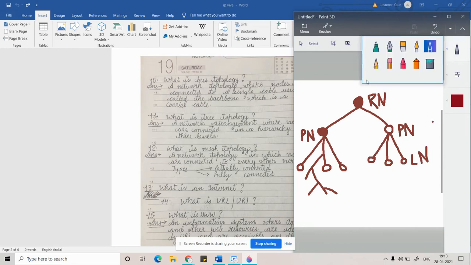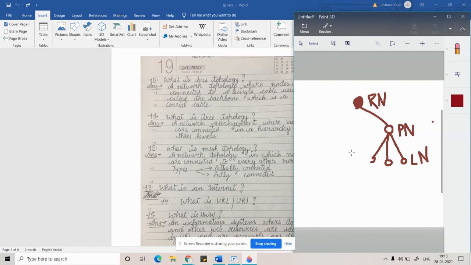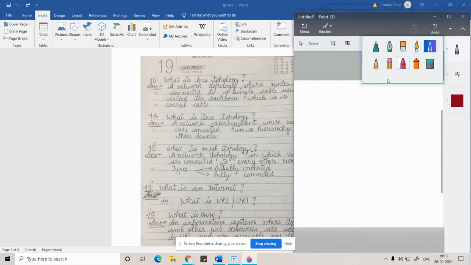Now, next is the mesh topology. In the mesh topology, the nodes are connected to every other node, but not with each node. So it has two types. You can remember the definition that in mesh topology, nodes are connected to every other node. Its types are